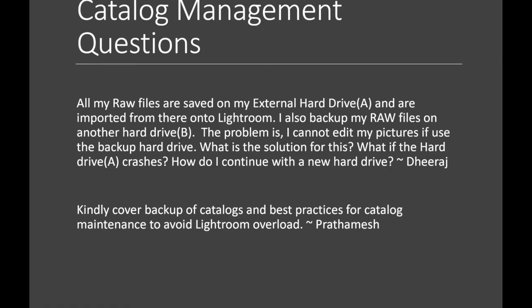The problem is I cannot edit those pictures if I am using a backup hard drive. Now the backup you should do is it should mirror exactly the external hard drive A. So you have files here in the hard drive A. The hard drive B should not be just raw files. It should be exactly mirroring this particular raw drive. Because the Lightroom, when you import it, will sort it out either in the form of a year, month, a day, or shoot wise. It will format it in a certain way and save them into a hard disk. So the hard drive A and B should be exact clones of each other.